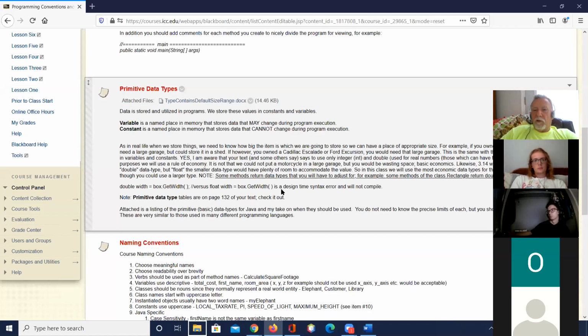But there's so many of them, and you have to be able to pick the right one. If you're going to do somebody's temperature, okay? We're going to create a COVID program where we take people's temperature. Do we want the temperature to be an integer? No, because most people take their temperature and they say, oh, you're at 100.1 or 98.6. If it's an integer, I'm not going to get that point, right? So in our case, we're probably going to use a double, or you could use a float, which is smaller than a double and takes up less room.